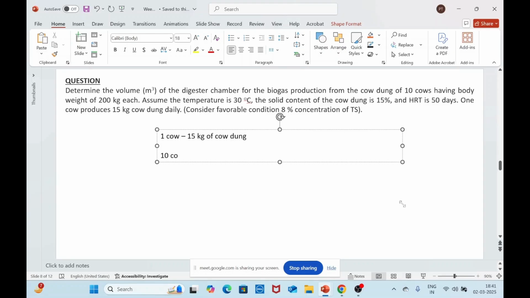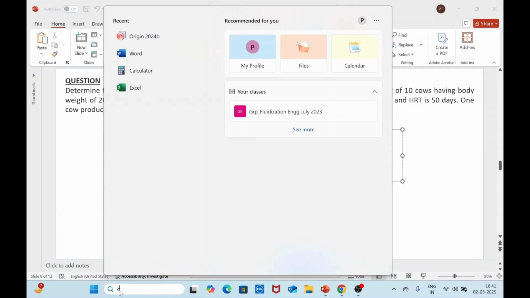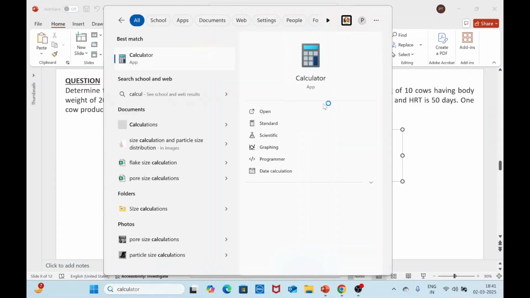So 10 cows will produce 15 times 10, so that is 150 kgs. Out of that, 15 percentage is only the solid content, so 15 percentage of 150, or I can write it as 0.15 times 150, which will be nothing but